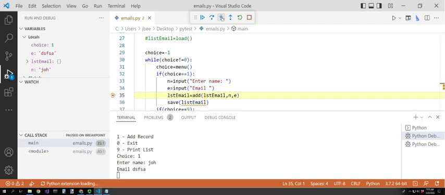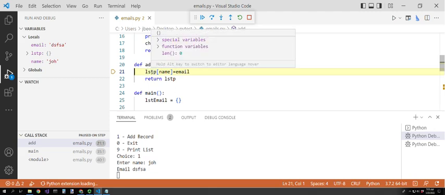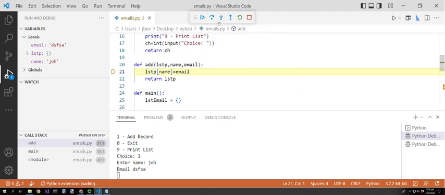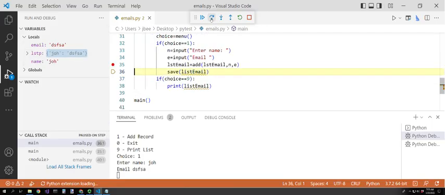So I'm going to step into and see what's going on with our ad. Okay, so we see a LSTP. LSTP length is 0 because we just started this. So I'm going to do a step over. Okay, now LSTP, you see how it has those values in it, and it actually has a value. So now I'm going to go ahead and say step over, and I want to check to make sure